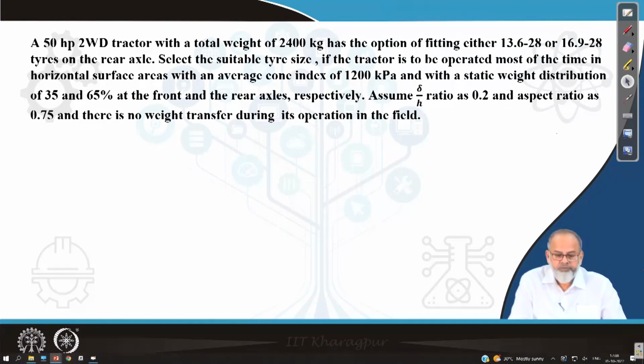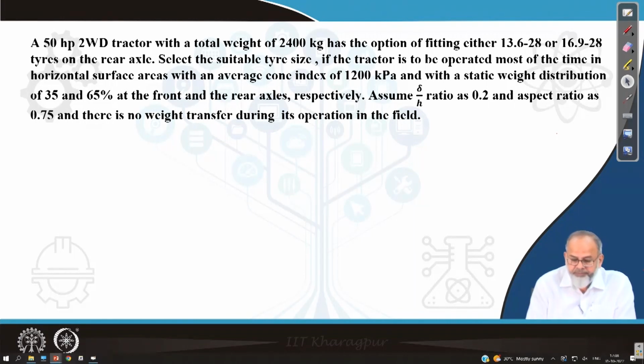So, you have to select a suitable tire size if the tractor is to be operated most of the time in horizontal surface areas with an average cone index of 1200 kilopascal and with a static weight distribution of 35% and 65% at the front and the rear axles respectively. And the delta by H ratio is to be taken as 0.2 and the aspect ratio is to be taken as 0.75, and there is no weight transfer during its operation in the field. That means